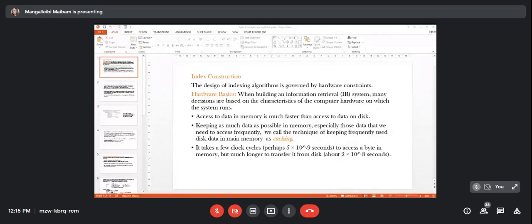Index construction, as I told you, is regarding the contents, the index which we met already in chapter number 3, that is the inverted file or posting file. That one here we are going to construct using